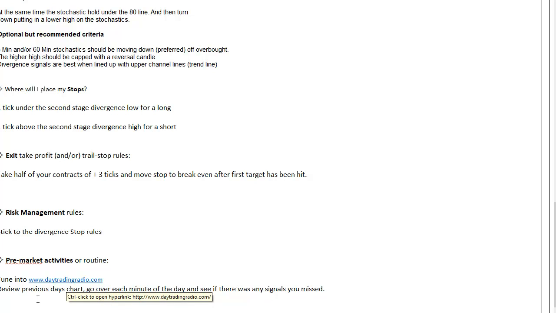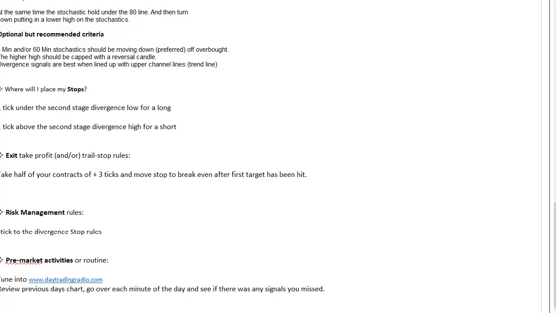What I like to do is review the previous day's chart. When I come in the morning and go on the radio, I usually scroll back and take a look at the setups the previous day, and take that bird's eye view of the market, because then you'll start to see the bigger pivots, the big moves between the lows and the highs, and what are the bigger moves in the day. And most likely you're going to probably see a divergence in one of those big pivot areas. So we're always hunting for that during the day.